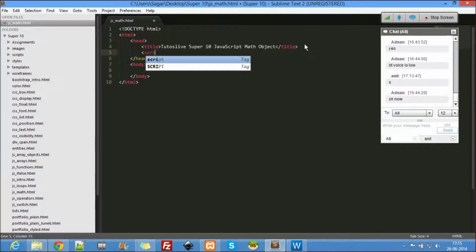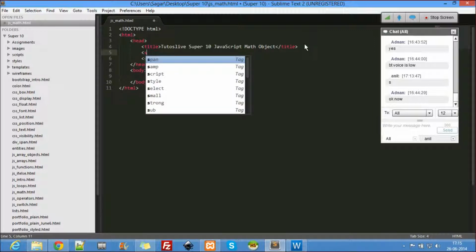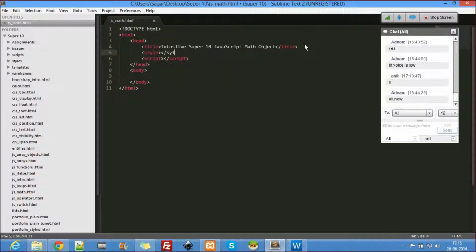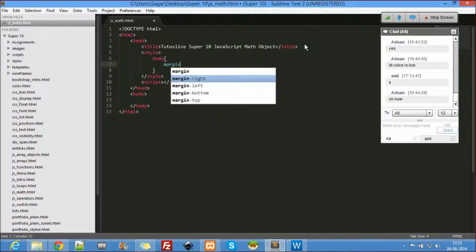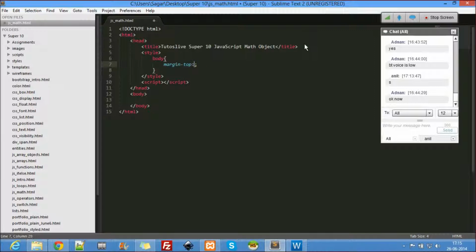So script, we can style them too if you want. So let's do the styling here. Because I'm so obsessed with styling actually. Now without style I can't really even see a page. So body, the body, let's say margin top, let's take the entire margin to be 100 pixel.